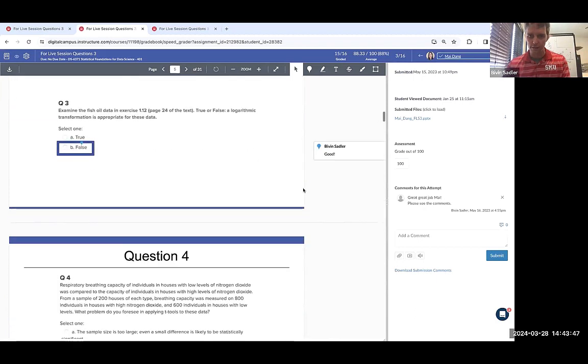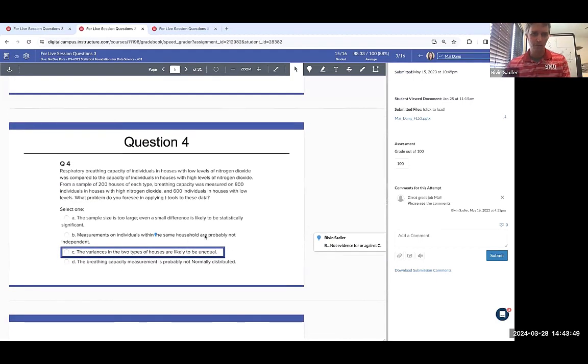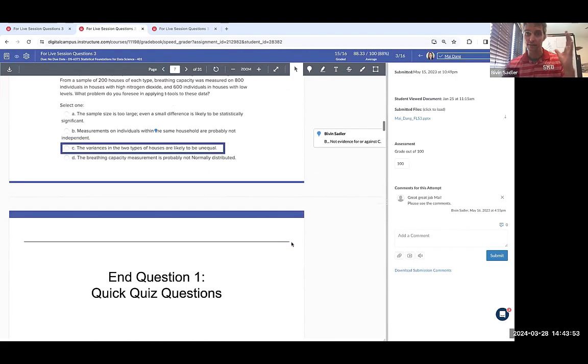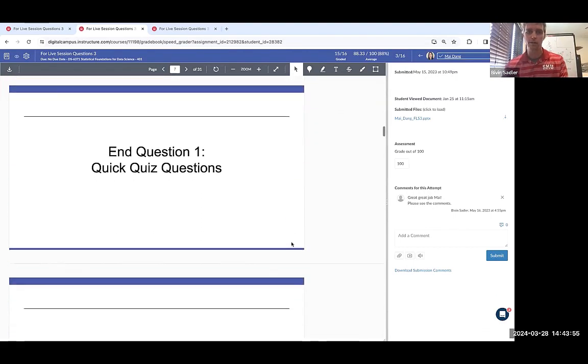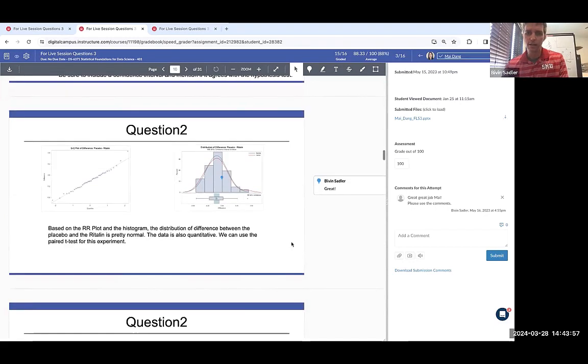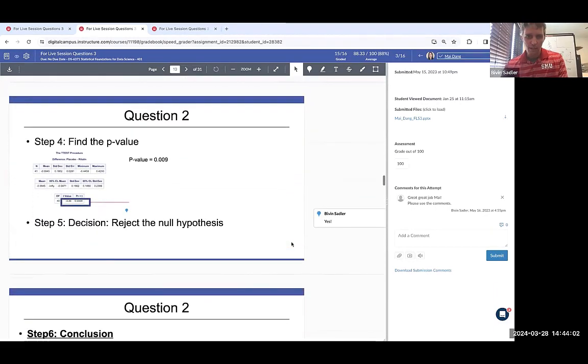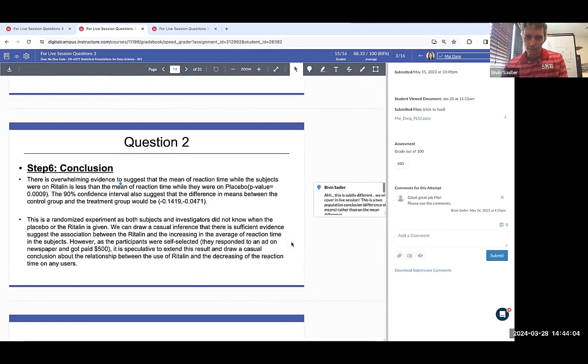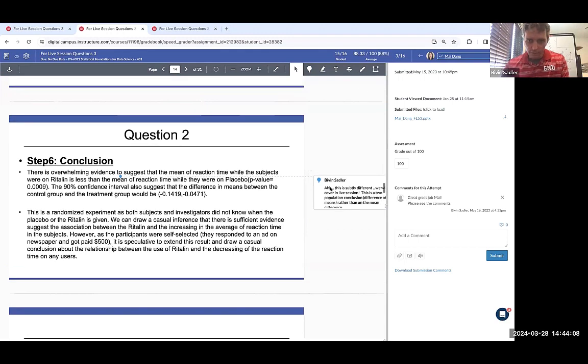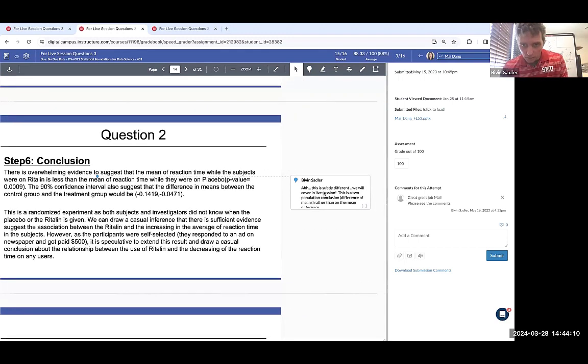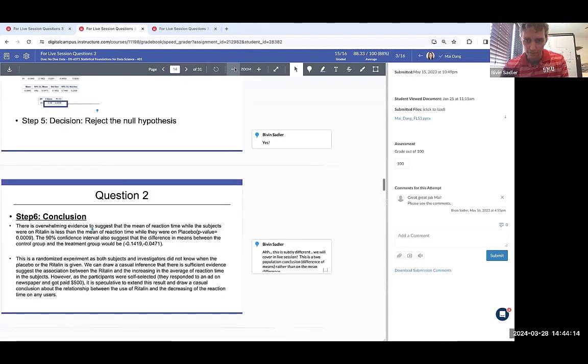So there's good, good. This one was B instead of C. I've noted it in my head in case I see more C's or more missed questions on this one. Now I have an idea. Looks like she did a nice job on the paired t-test. Looks good. And then right here, right in the conclusion,